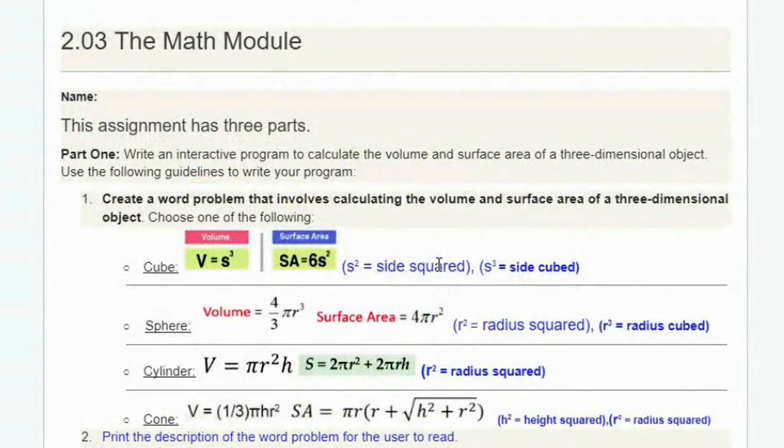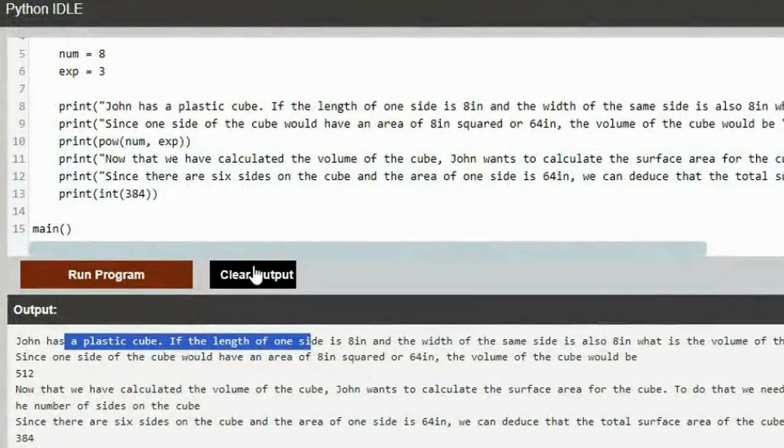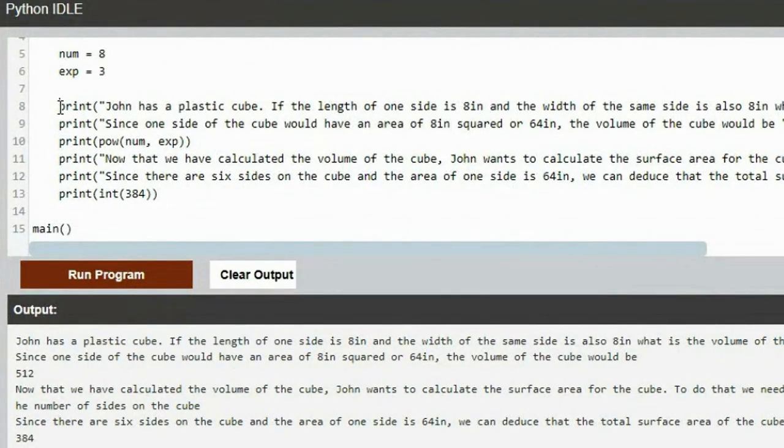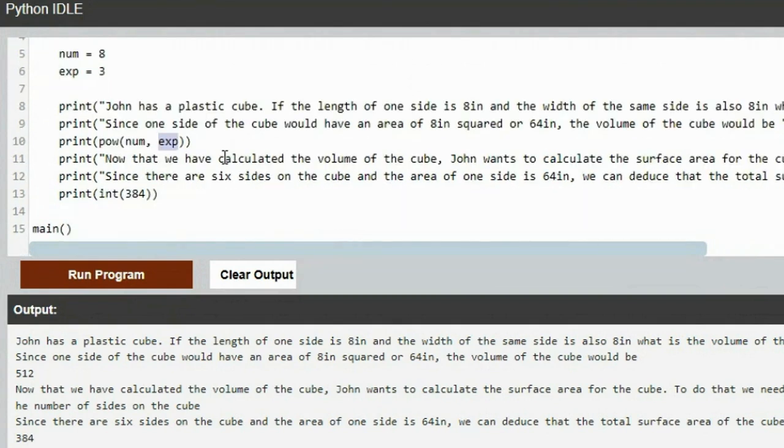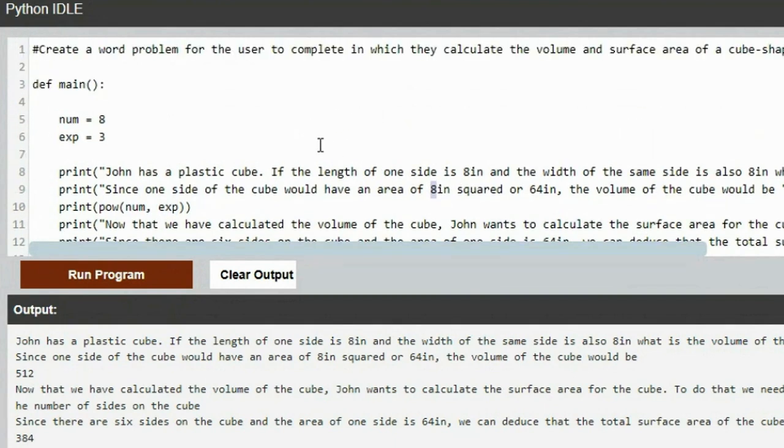So it should ask the user. You did everything like our very first program, just a print statement. You put this number and an exponent, which you used right here, power, number raised to the exponent. That's great. You could have also done that to square the 8. But again, you don't have an input statement anywhere. Somewhere,